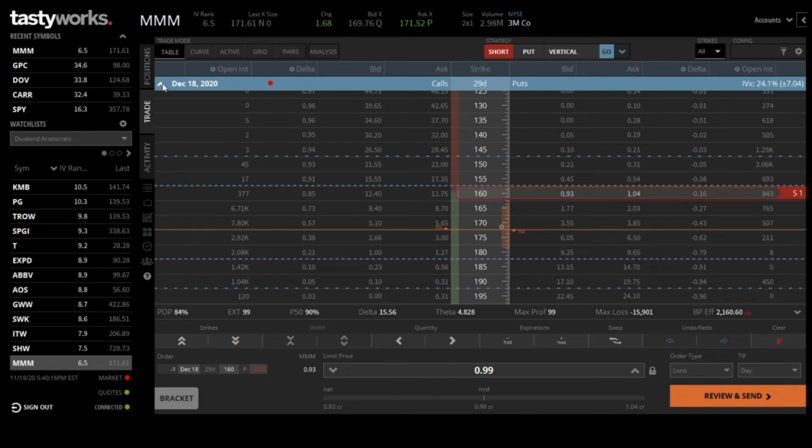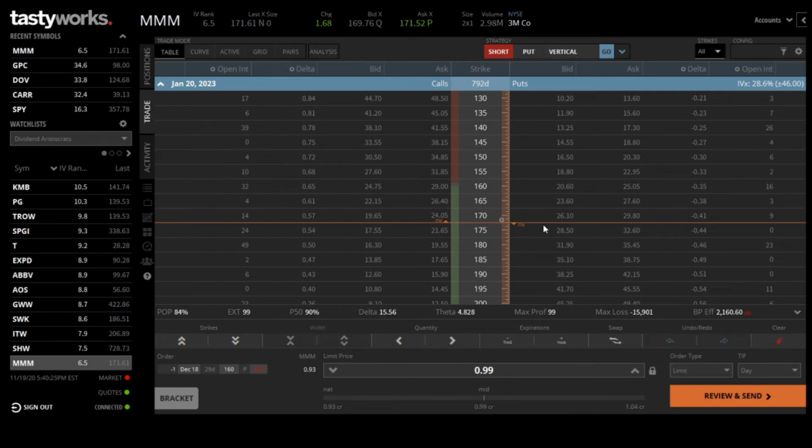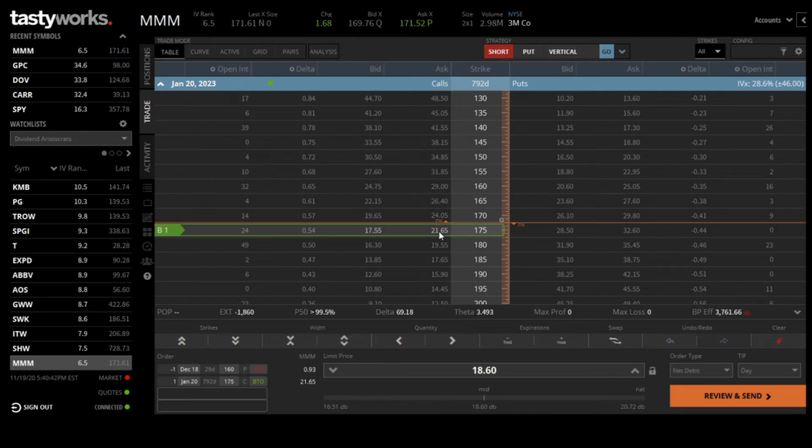But let me just show you something else. 3M is one of my favorites because it has a lot of strikes available. So let's go attempt what I call a dragon diagonal. If I do this, and again, we're assuming we can get filled at mid price, let's say out in 2023, if I click on this particular bid,